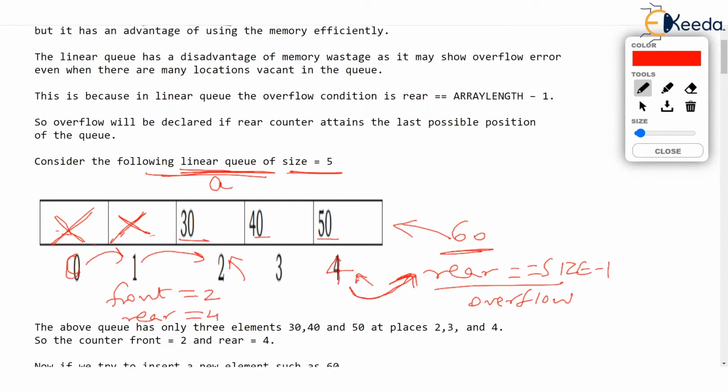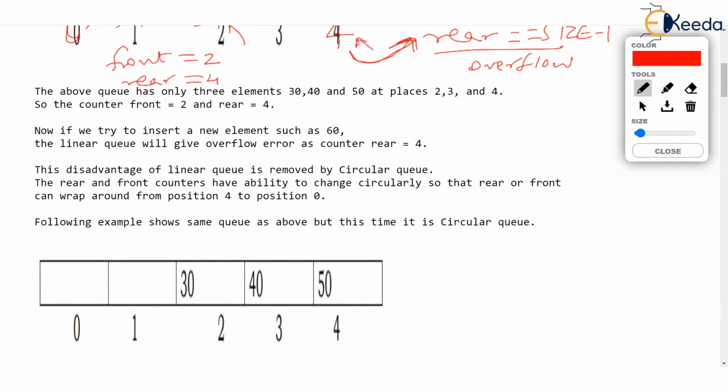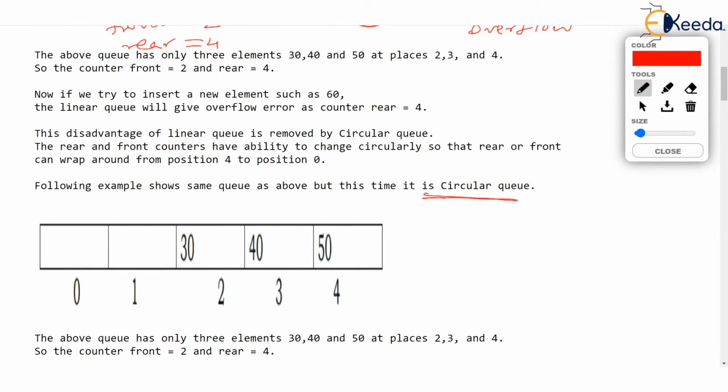Now what if we go for a circular queue? Just watch. The diagram that I have shown here is a circular queue. Again, I have the same situation where front is 30, that is the second element, and rear is 50, that is the fourth element. So we have the counters front equal to 2 and rear equal to 4. This is the array. And now just imagine we want to insert 60 in a circular queue.